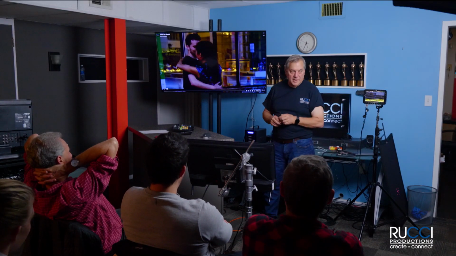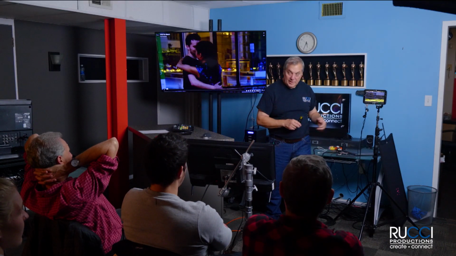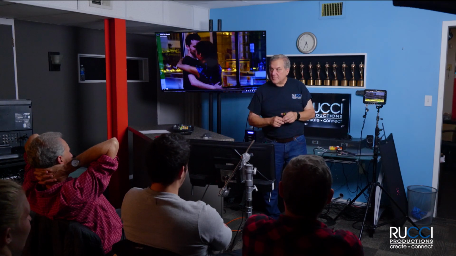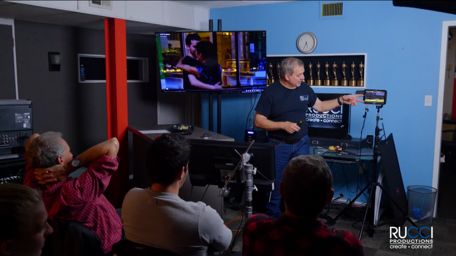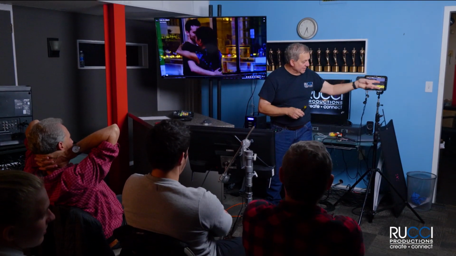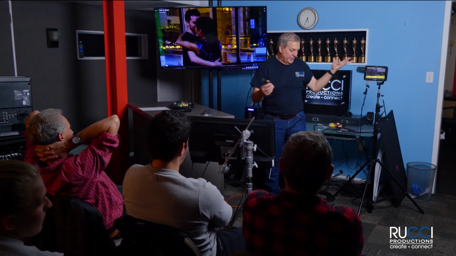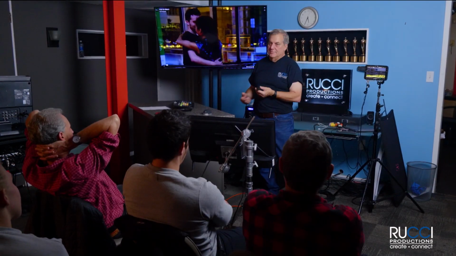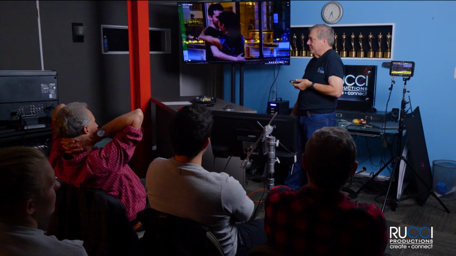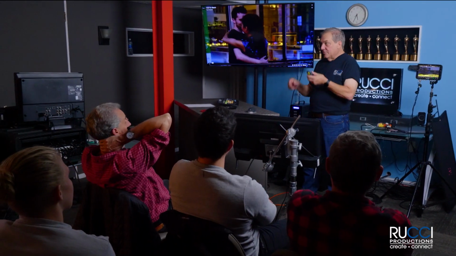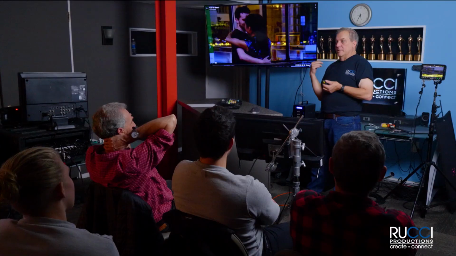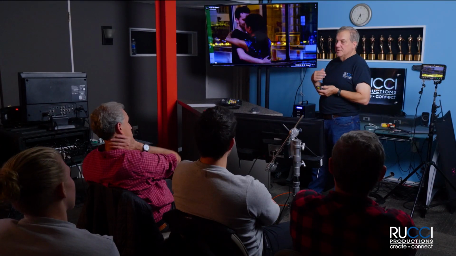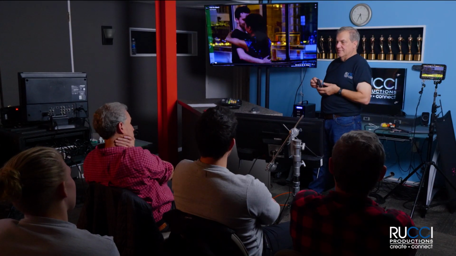Oftentimes, as a rule of thumb, and again, we talked about the waveform monitor, this camera's not aimed very well right now, but you're generally aiming for the middle ranges on average. But you can certainly have a shot that, geez, you watch movies, you'll have a shot where you can barely see anything, and there's a few little glimmers of light. You can have things that are darker than normal exposure. So it's to taste kind of,